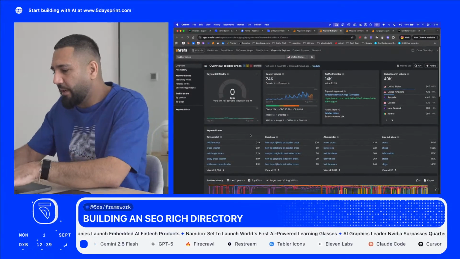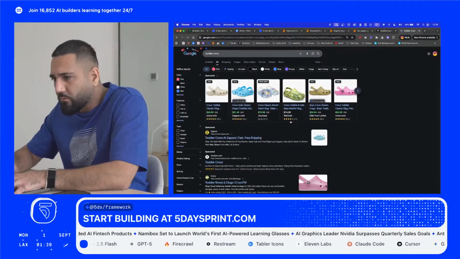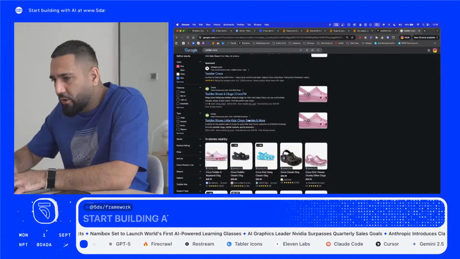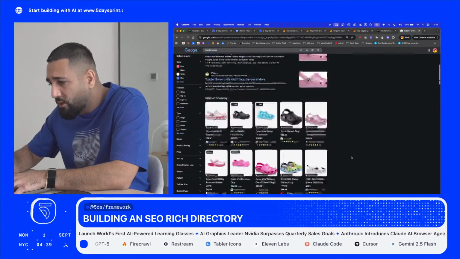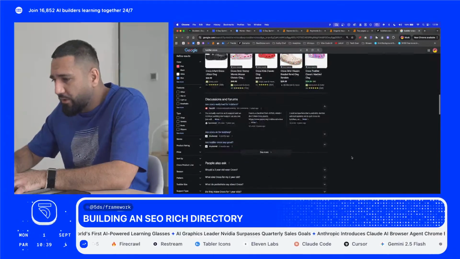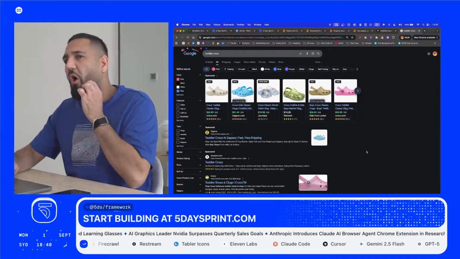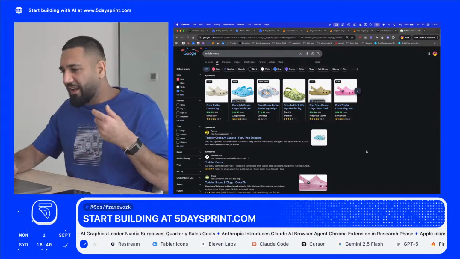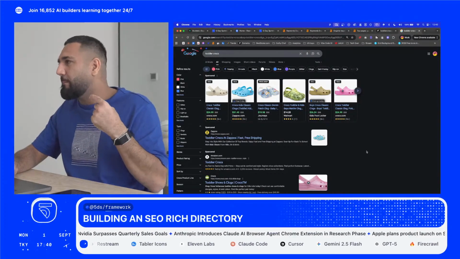If I just type in toddler Crocs and see what comes up, okay, you got some sponsored shopping links already. Crocs obviously come up, so it might be difficult to compete against Crocs, but it'll be interesting to see if you can, because I think you could. You could basically just create a directory comparing toddler Crocs, like sizes and all this type of stuff. And as I'm talking to you guys, I'm getting excited about this because of what we're going to build in a minute. You could actually build,